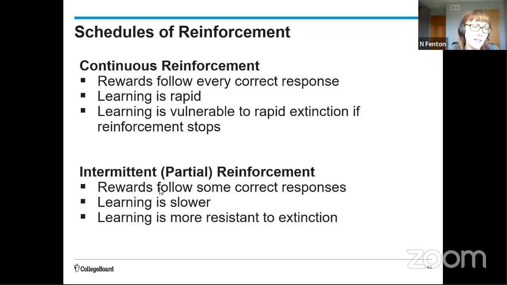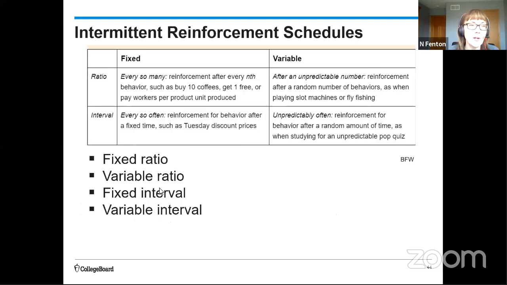So what Skinner devised was a series of intermittent or partial reinforcement schedules. Now it does take the animal, so in the case of an operant chamber, a Skinner box, learning is going to be slower, but that learning is more resistant to extinction. And there's 4 broad areas. So you have 2 ratio schedules and 2 interval schedules. And each of these ones can either be fixed or variable.